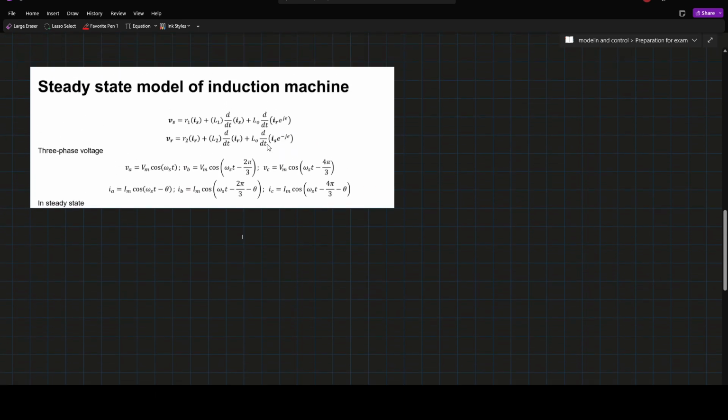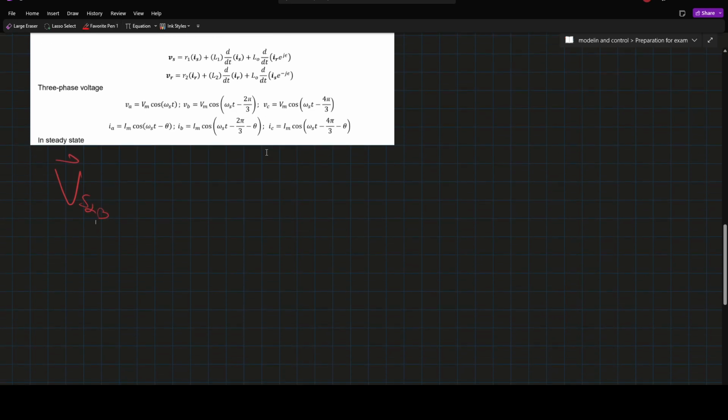Before, we figured out that our phasor Vs alpha beta was equal to our alpha component plus j and our beta component. And we also figured out that this was equal to 3 halves of the peak voltage,